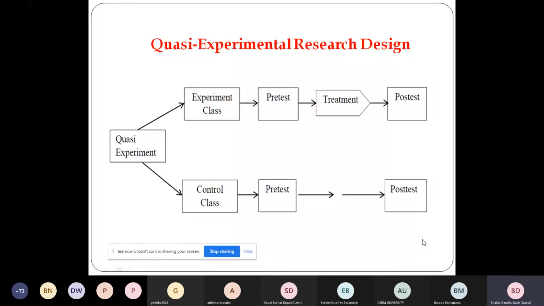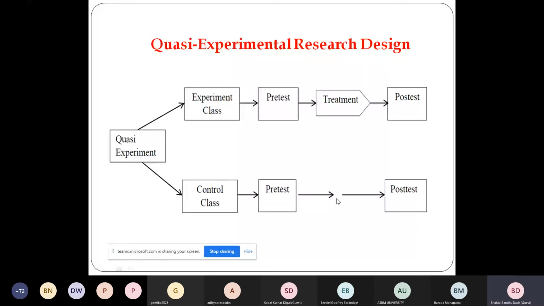So here, we are assessing the effect of training. How training has an impact on knowledge acquisition, I need to study. So I can use a quasi-experimental design because it is somewhat experimental but not truly experimental, because one group is not in an experimented condition, but the other group is in an experimented condition with the intervention of the training. So here the intervention is absent. That's why it is called quasi-experimental research.